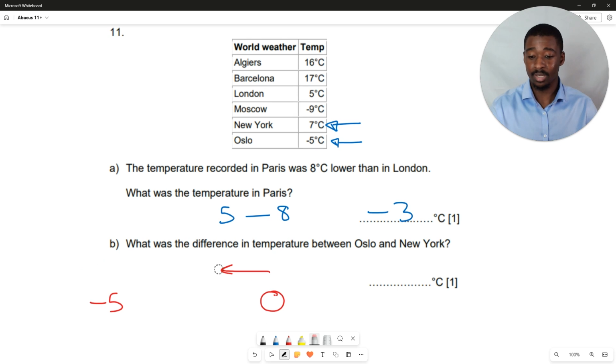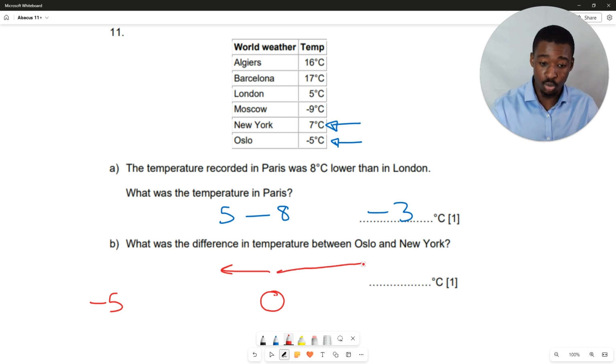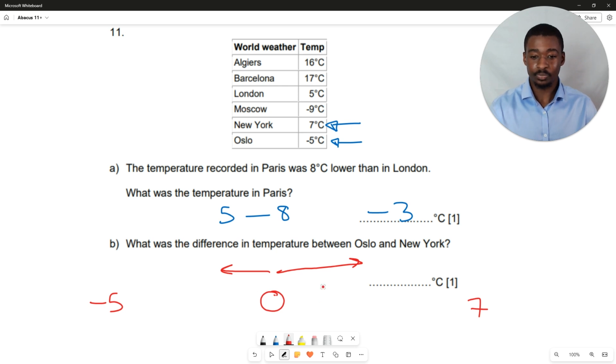And then 7, being a positive number, is going to go to the right-hand side. It's going to be somewhere over here, 7 degrees Celsius. So the mistake here would be seeing the number 7, seeing the number 5 and thinking, oh, the difference is 2. No, because we have 7 and -5, we have to go across the 0,